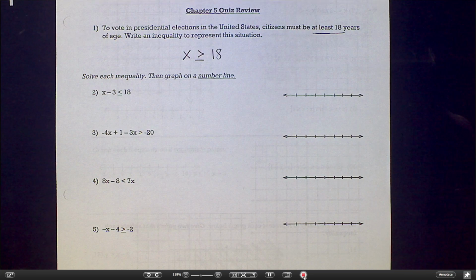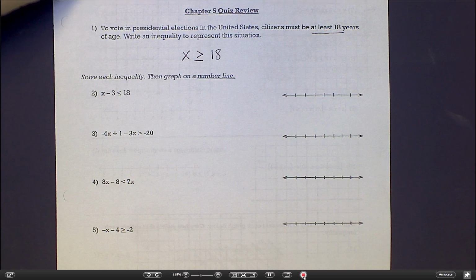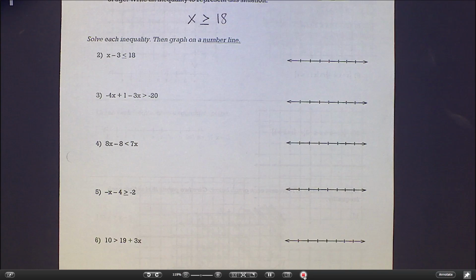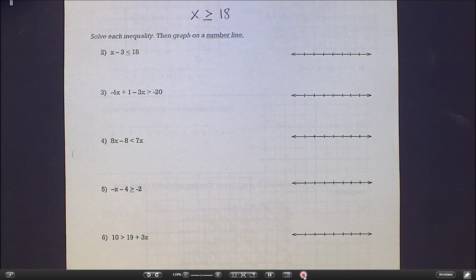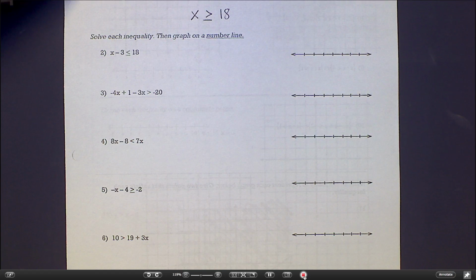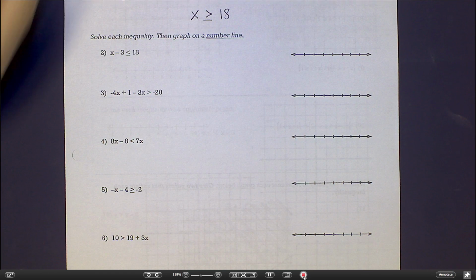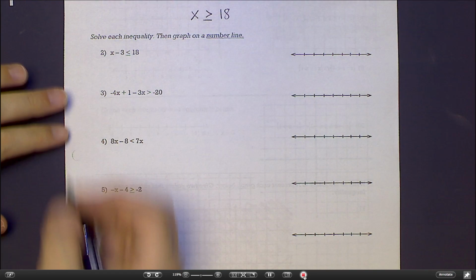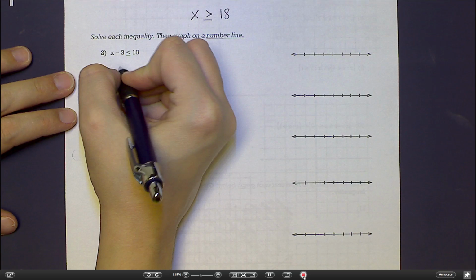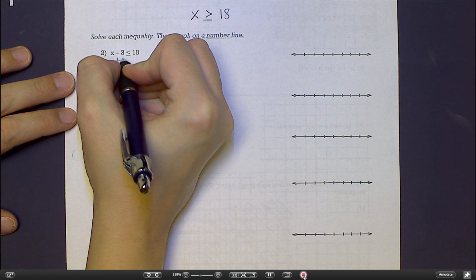Okay, this next section, 2 through 6, these are just solving inequalities and then graphing the solutions on a number line. Remember, solving inequalities works just like equations with just a couple of exceptions. So here, x minus 3 is less than or equal to 18. I would just add 3 to each side